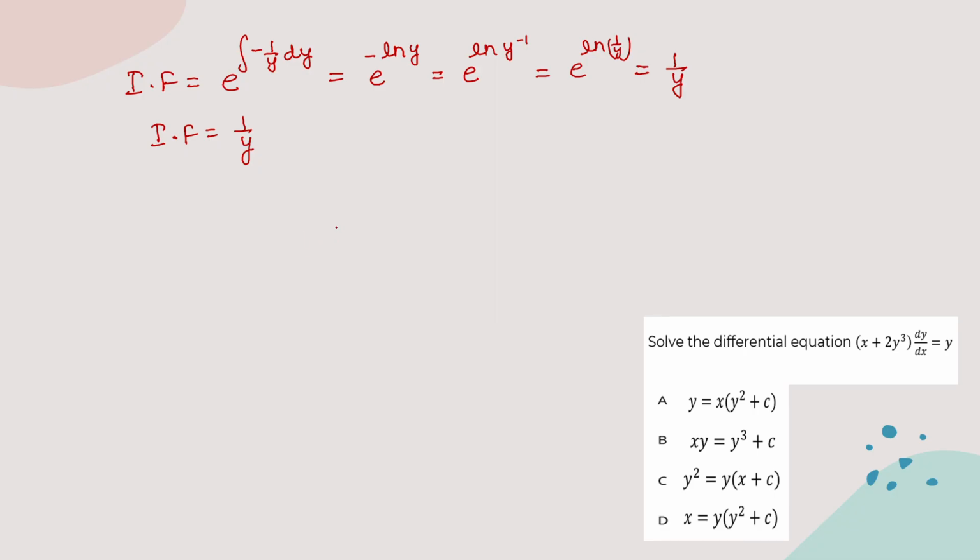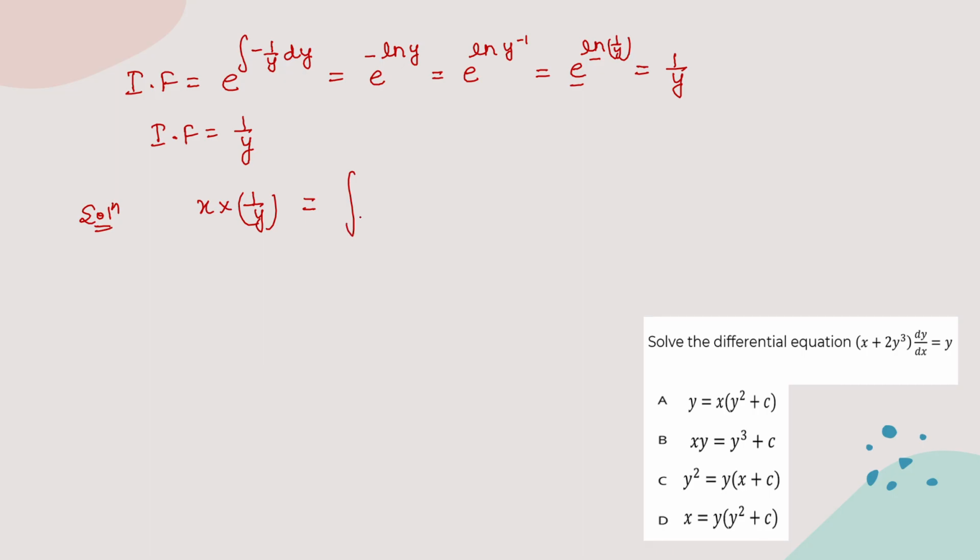The simplest part is, if you are getting the ln in the integrating factor, then it is the easiest one, because ln means log natural and the base is e. This base and this base are the same, they are gone, and the answer is only the argument of the log function. So our solution will become, we'll write here x into the integrating factor, that is 1 by y,